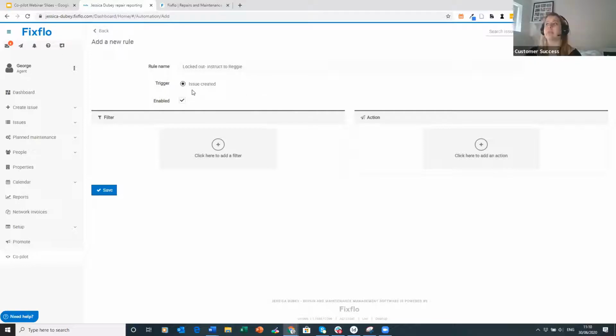So I've done my rule name. I know it's going to be enabled. And now below here, you can see we've got our filters on the left. And on the right-hand side of that, we've got the action. So essentially, guys, the filter is X. If X happens, we want Y, the action, to happen. As I mentioned before, you can get super duper granular here. So when you click here to add a new filter,